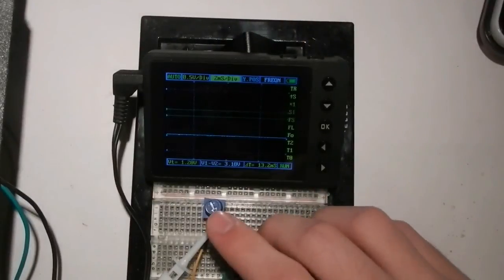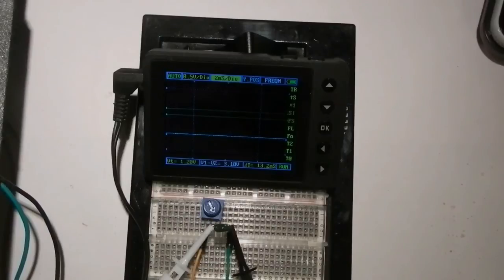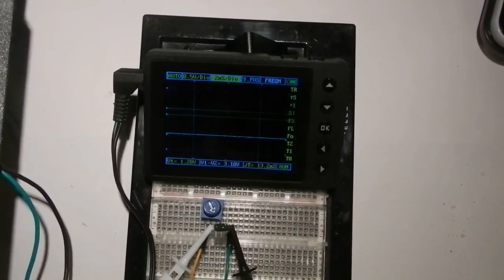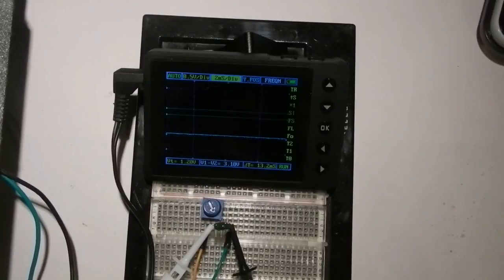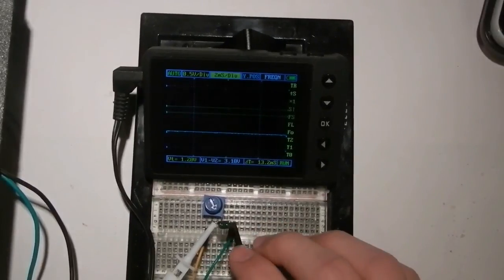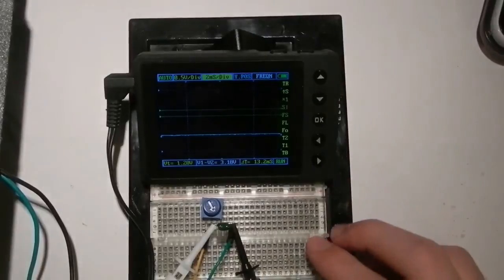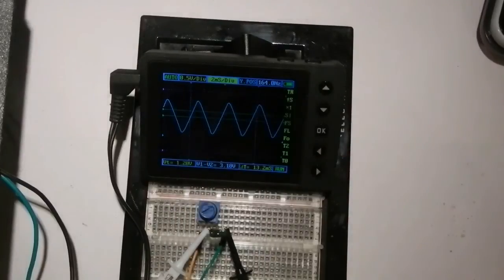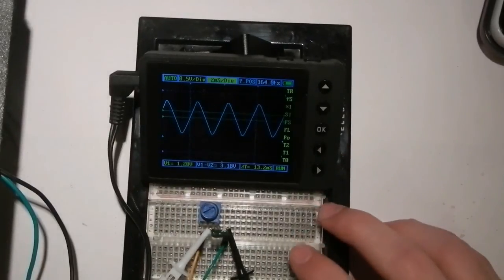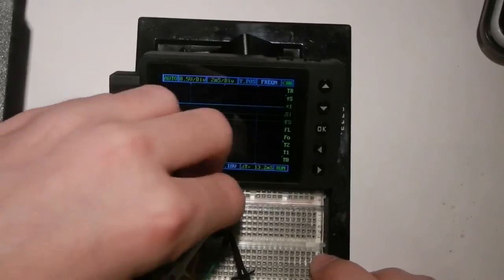Nope. Bad connection? What's wrong? We appear to have a slight issue here, ladies and gentlemen. Oh, almost worked. Oh, there we go. The potentiometer just slipped out. Okay, so